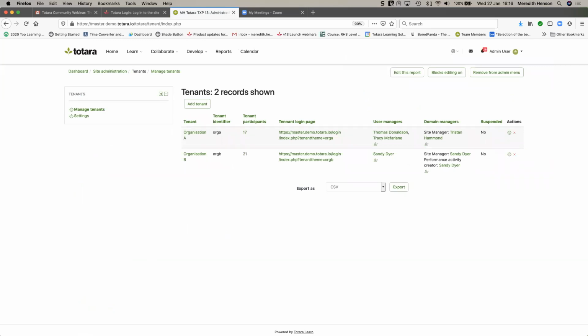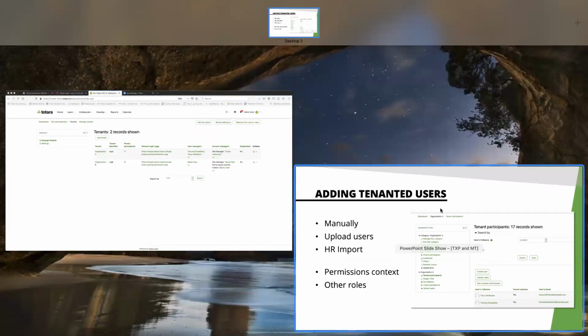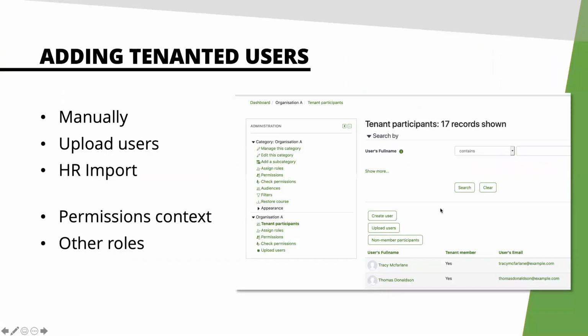Okay, so we have tenant members, tenant participants, user managers, and domain managers. And I'm now going to see if this works. There we go. On this page here, I want to talk a little bit about what I mean by this